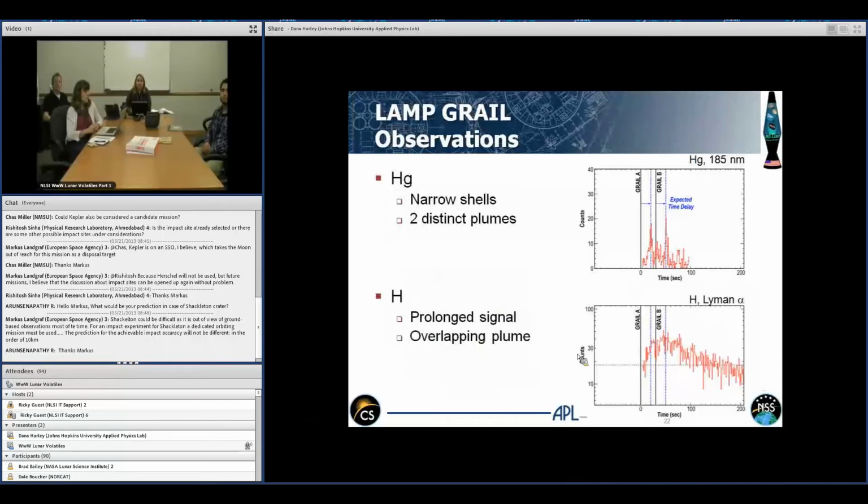So here are the LAMP observations of the GRAIL plumes. The top plot shows the signal at 185 nanometers, which was mercury, and you can see that there are two distinct peaks from the two separate impactors. And on the bottom, the hydrogen observations is the more prolonged signal, with the plumes probably overlapping,